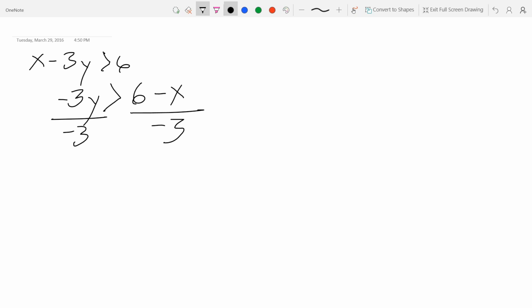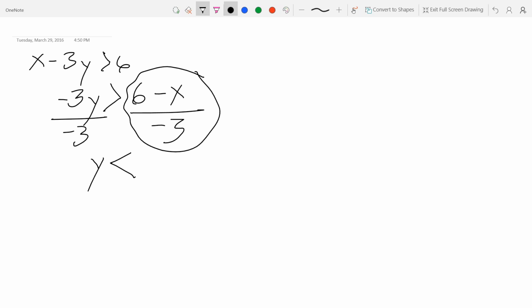I merely subtracted x. But on this step, I'm dividing by a negative 3. So I end up with y, but now I change the direction of the sign. And what's that equal to? Y is less than